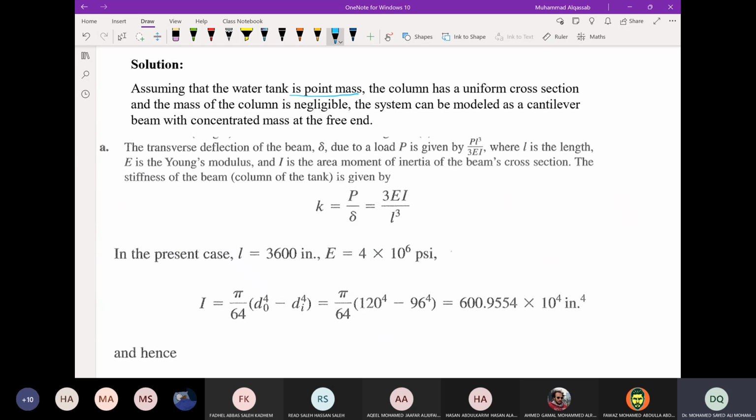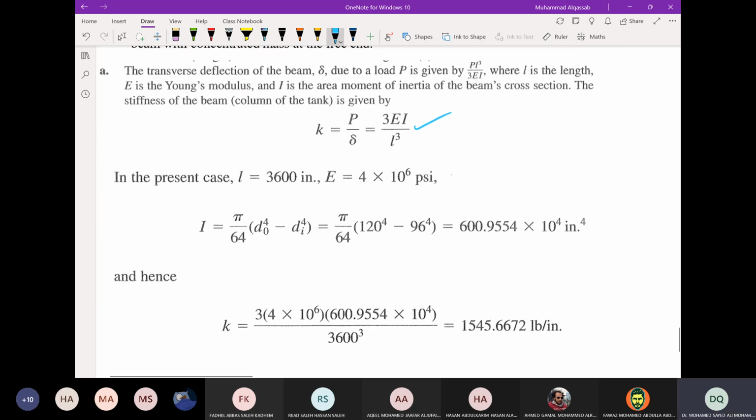The column has a uniform cross-section. This is the second. And the mass of the column is neglected, or negligible. This is the third. The system can be modeled as a cantilever beam with concentrated mass at the free end. And we know that a massless cantilever beam with a mass at the free end is a spring mass system. To find K, we already know that for a cantilever beam it is equal to 3EI over L cubed, and I is